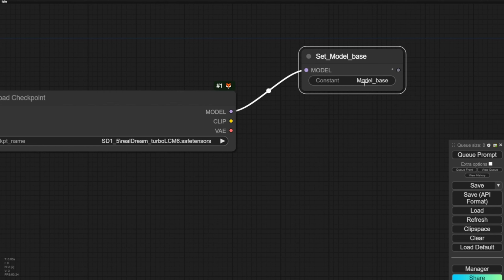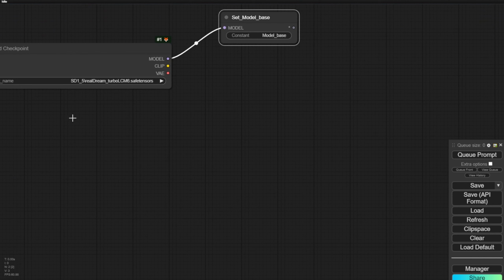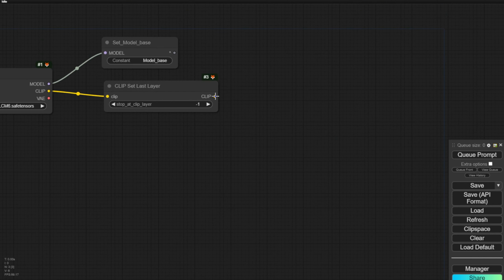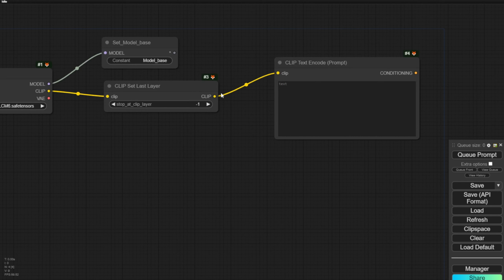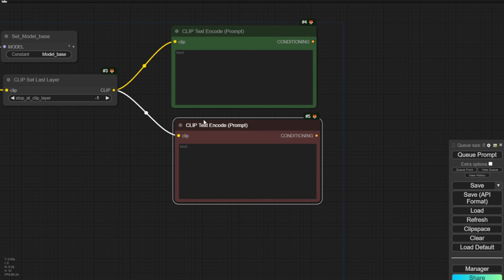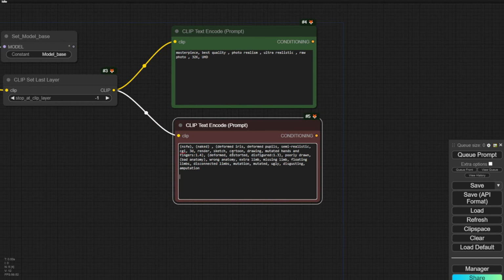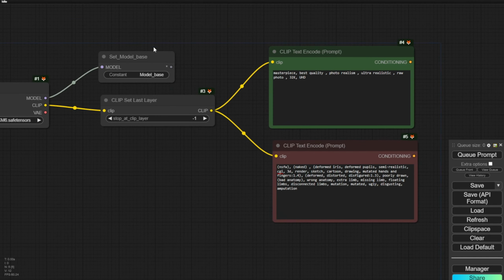Once we pass the model's data out, we can do other stuff. For example, we have the clip layers, and between the clip layers, of course, we have the positive and negative prompts. I'll highlight these in green color and red color. Mostly for these two, I would just have my preset template. For example, I have something like this. Maybe I don't want the skin color. I just put a preset text prompt in here because mostly we're using the IP adapter for the styles and influencing the characters and backgrounds. So here it's just a template for the text prompt.